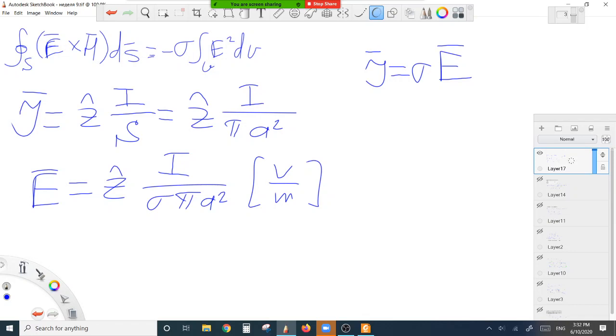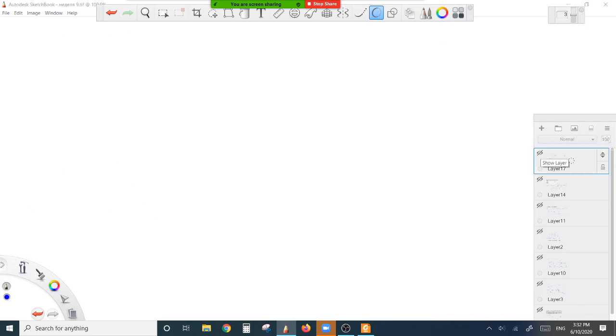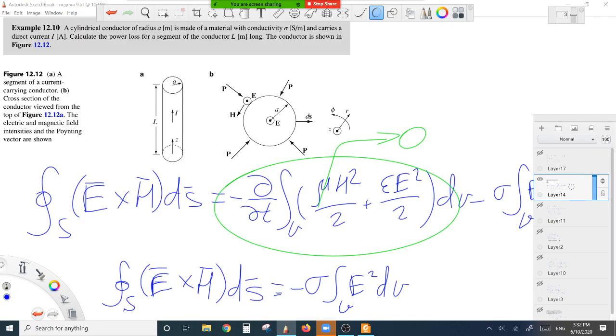So, taking a surface around the conductor at r equal to the radius of the cylinder, or r equal to a,